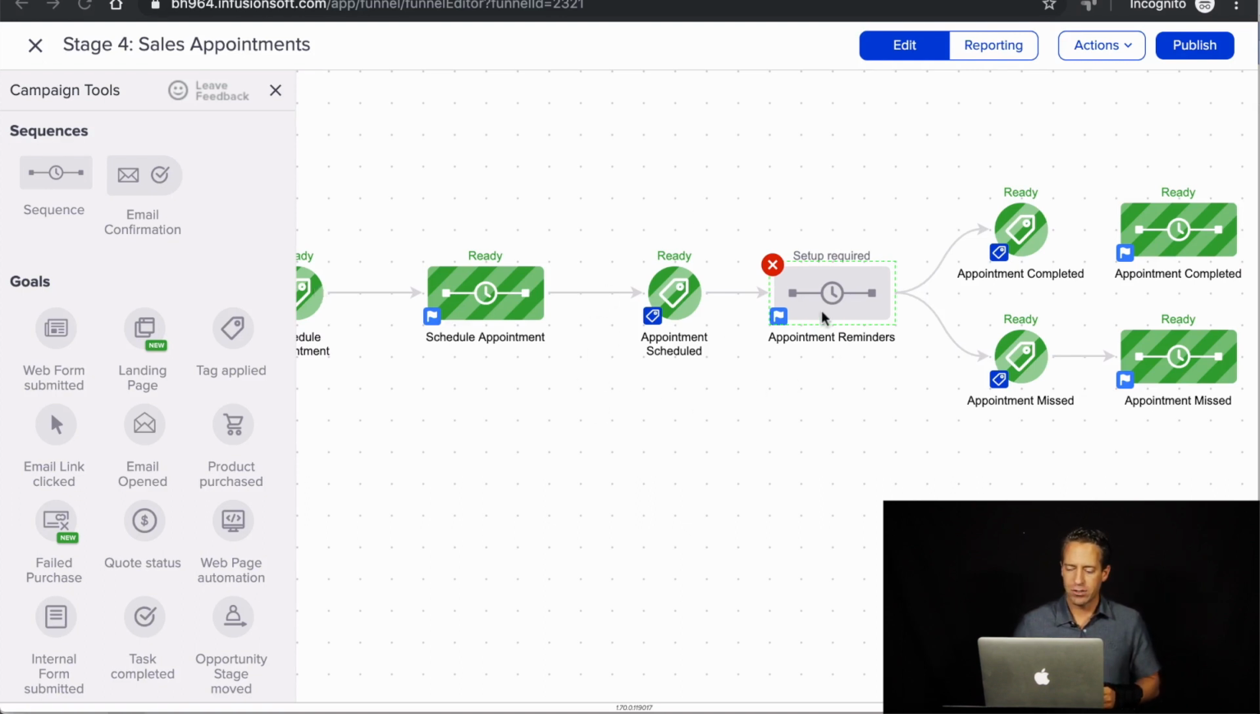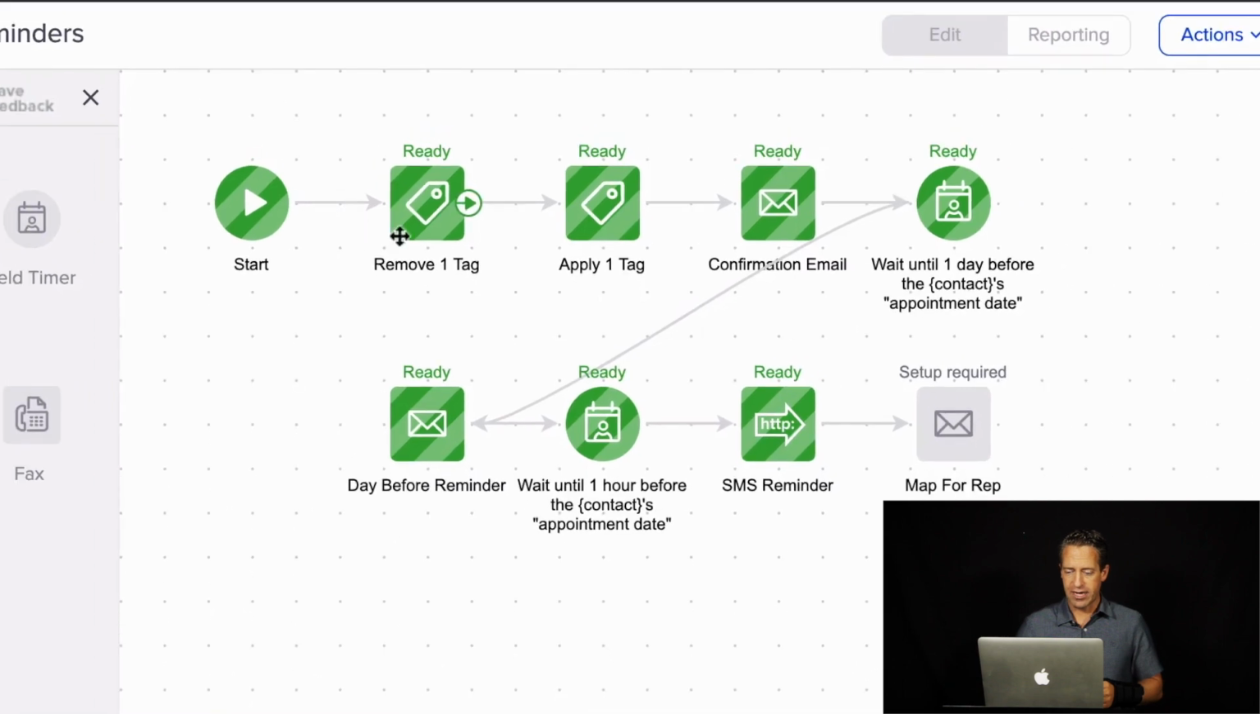And then you've got a sequence where you have appointment reminders going out to the potential customer. So here we have some tagging happening. We've got a confirmation email confirming that the appointment has been made, and we're using a custom field with a field timer to set up reminders prior to that appointment. So we've got a day before reminder, we've got an hour before SMS, and at that same time, we're going to do an hour before email to the sales rep that has a link directly to the map for that